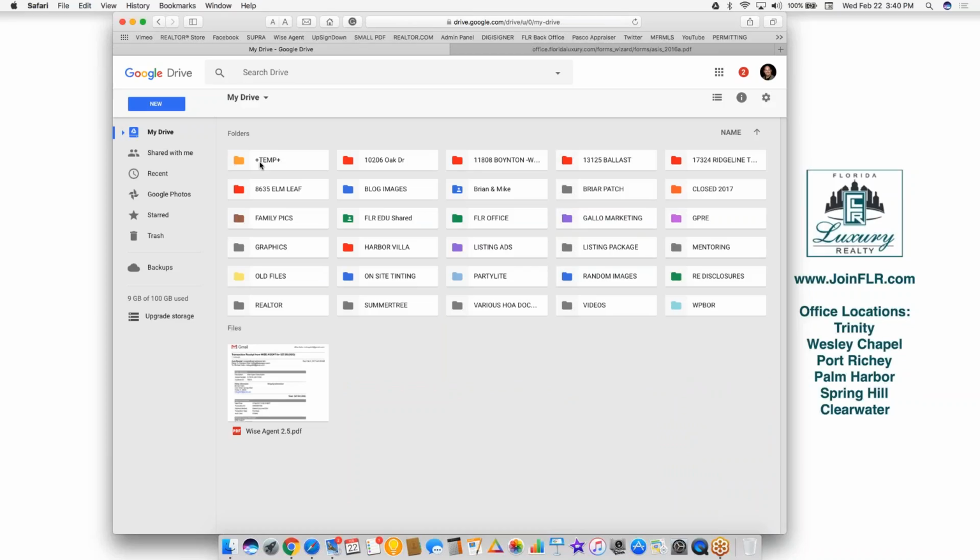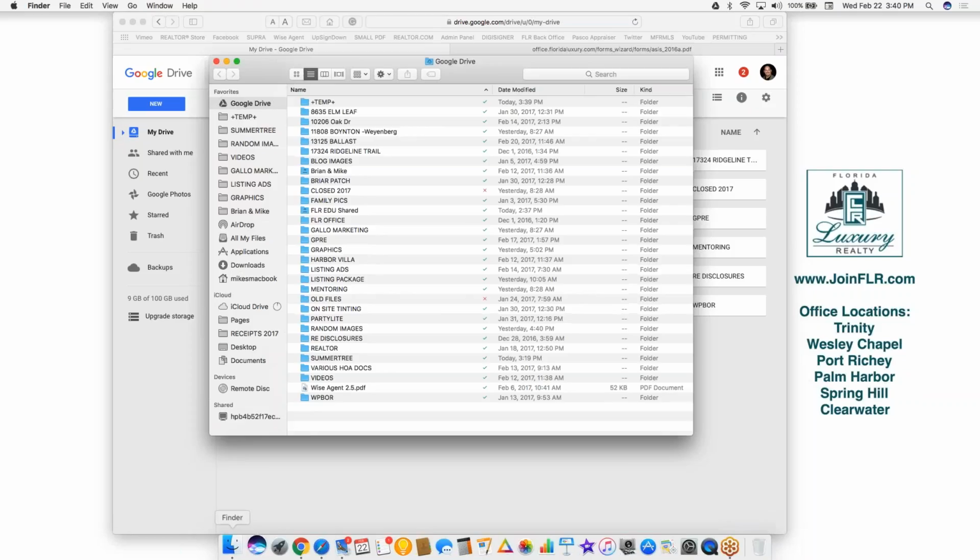So by using a temp folder in your drive, or a dump folder, whatever you want to call it, you'll be able to just take things from the internet, permitting, the deed, if there's power of attorney, or anything you do for research, and just throw it in that folder and save it. So if you save it and it goes into your documents, like if you're using Foxit Reader,